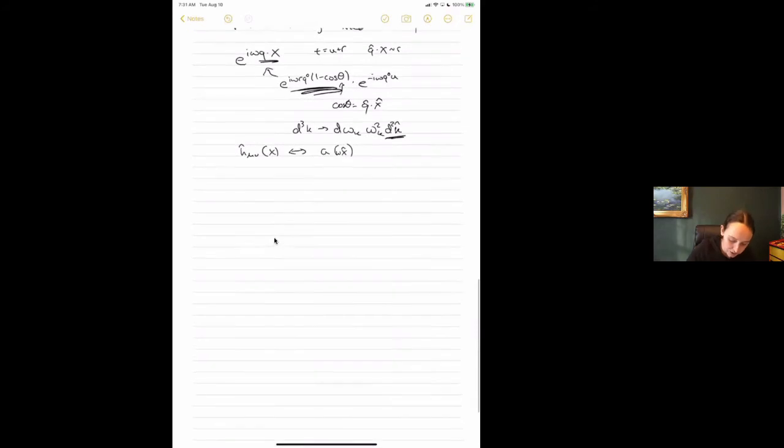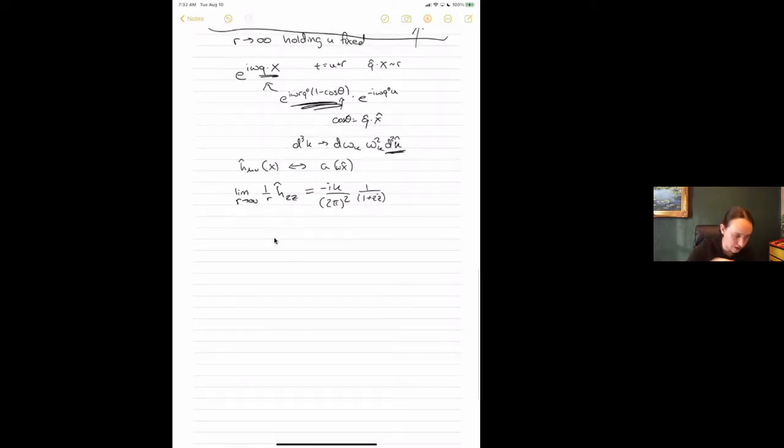Okay, so what does that do for the one that I wrote down here? So I have this limit as R goes to infinity of 1 over R h hat zz, and that's negative i kappa over 2 pi squared, some factors of 1 plus z z bar. This is just coming from the polarization tensors appearing there in completeness relations for this round sphere. And this all multiplies what's now only a Fourier integral left. Okay. So by taking large R, I've localized on the celestial sphere, but I